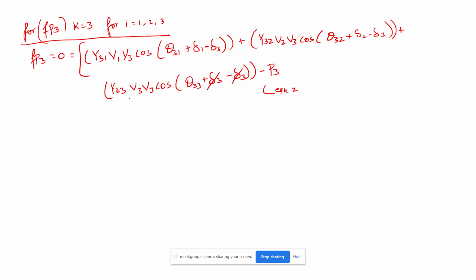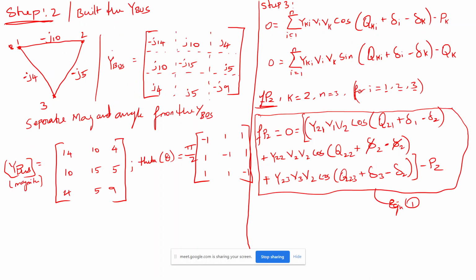Is it Q33 or theta 33, sir? Which one should we use? You can use theta 33. Theta you can use, no problem. Is it different from the previous, because in the previous formula we used Q? No problem, you can use theta only. Yeah. Let it be theta. Commonly we can use theta for all. Okay, we can use commonly theta only.